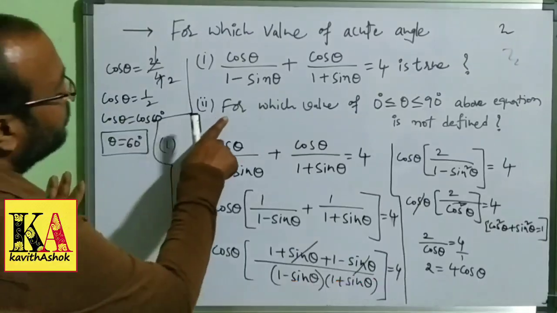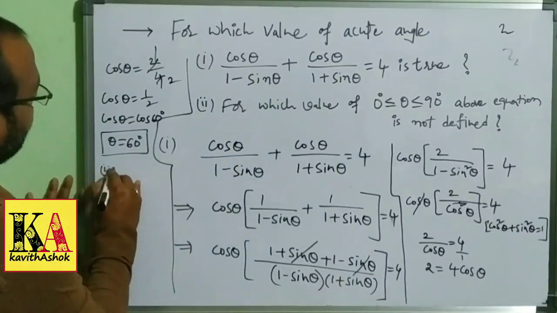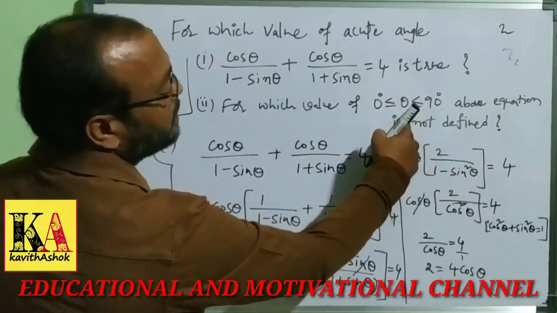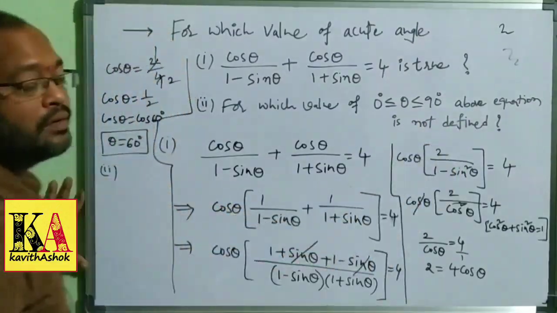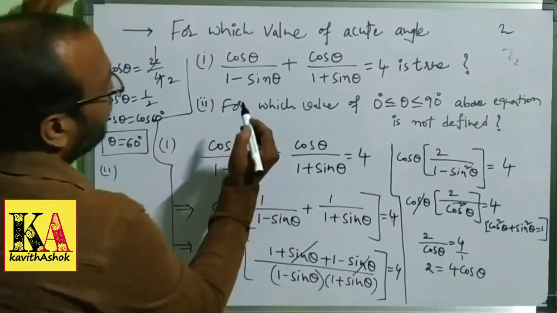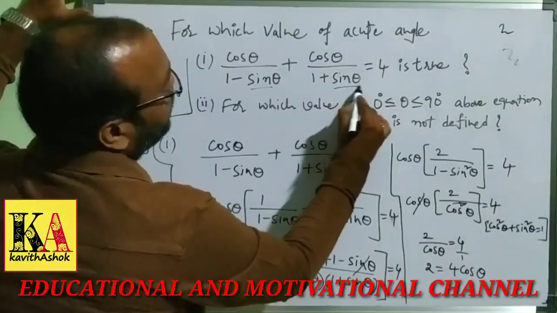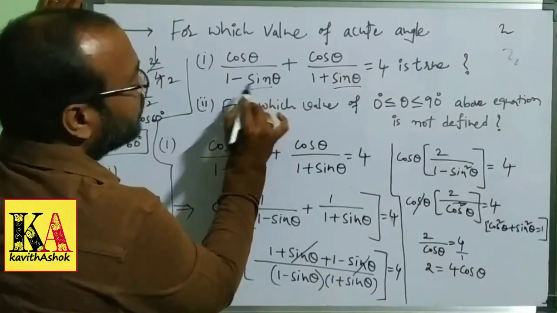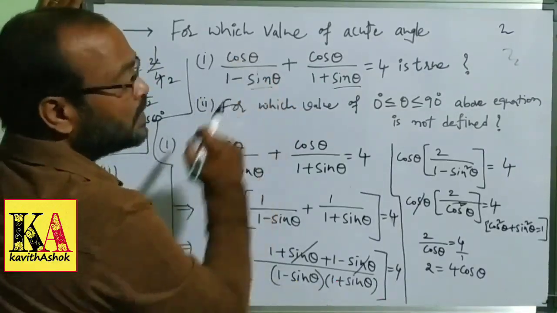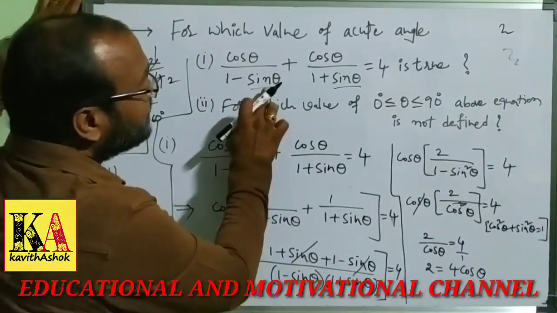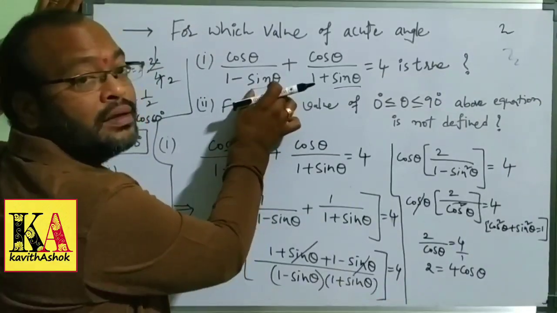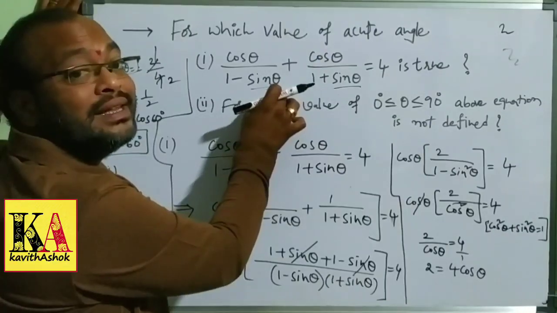Now for the second one, for which value of theta between 0 and 90 degrees is the above equation not defined? Look here. Here sin theta is in the denominator part. If sin theta value is 1, 1 minus 1 will become 0. Something by 0 becomes infinity. So when sin theta value becomes 1, if you take theta value as 90 degrees,